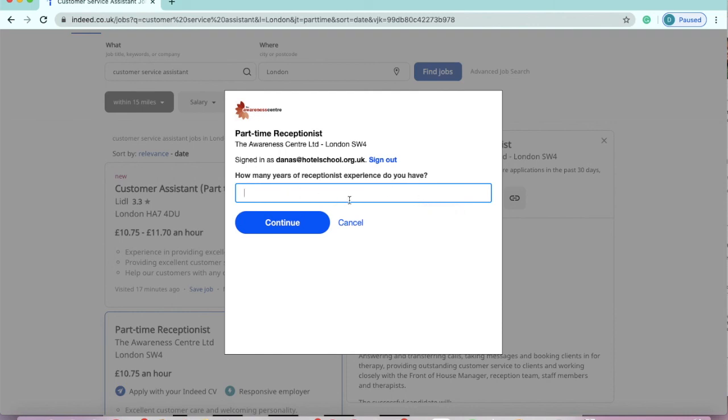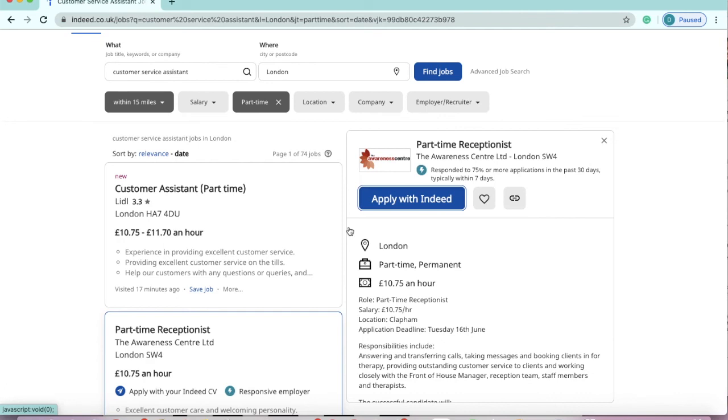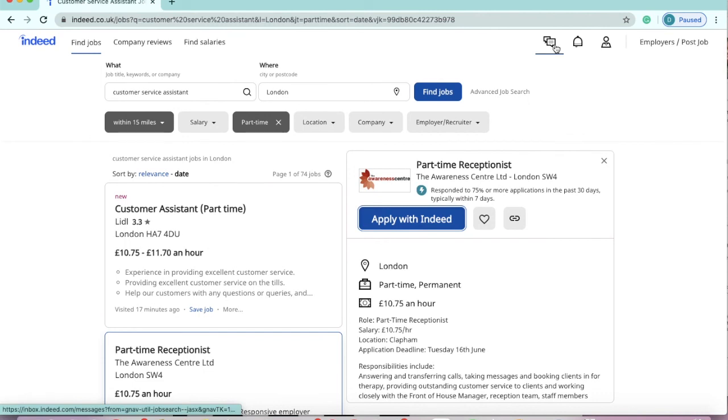So here it's asking me how many years of receptionist experience do you have, and then you could continue here, which I'm not going to do on this occasion. I would definitely say it's a good way of applying for a good few jobs, and we've recently had a graduate who has told us that by sending out more applications, she's had some employers messaging her through Indeed and getting in touch with her, and she's even had an interview come through that as well. So there is definitely proof that it's worth spending some time